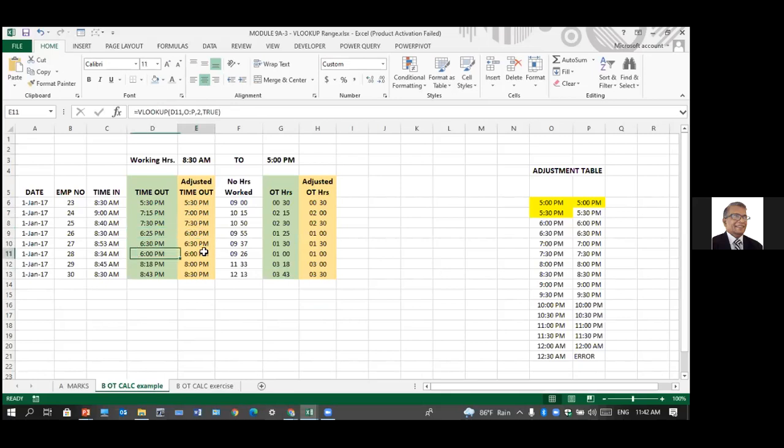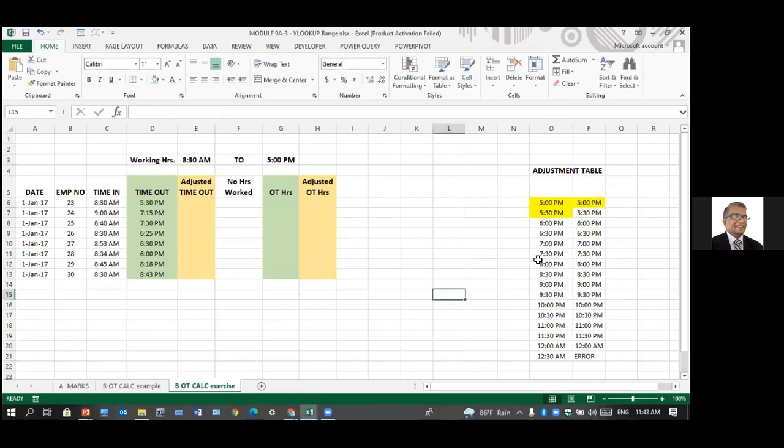Right? 6 is 6. 8:18 to 8. Round off to half an hour, 1 hour, or whatever. So here we have done it with the VLOOKUP. Between 5 and 5:30, this is what you need. Between 5:30 and 6, 5:30. Like that. You can study that. That's for your exercise where you can study the same.